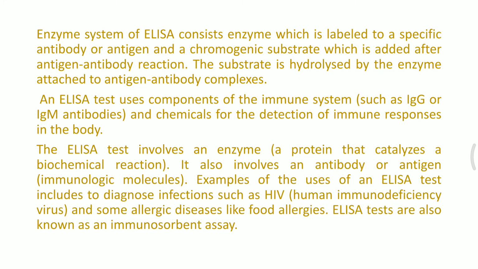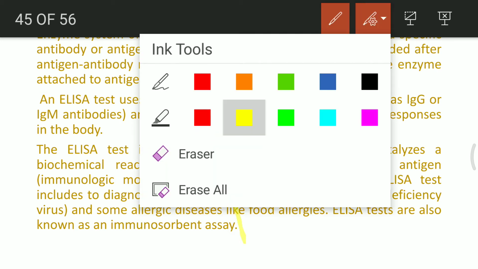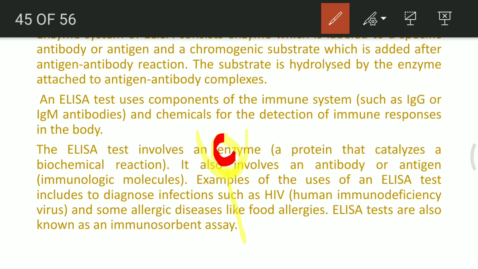The enzyme system of ELISA consists of an enzyme which is labeled by a specific antibody or antigen and a chromogenic substrate. Chromogenic means color providing substrate, which is added after the antigen antibody reaction has taken place. So I said that one of the antibody will bind over here. Sorry, I just said the reverse. This is the antigen, antibody is the cup in which